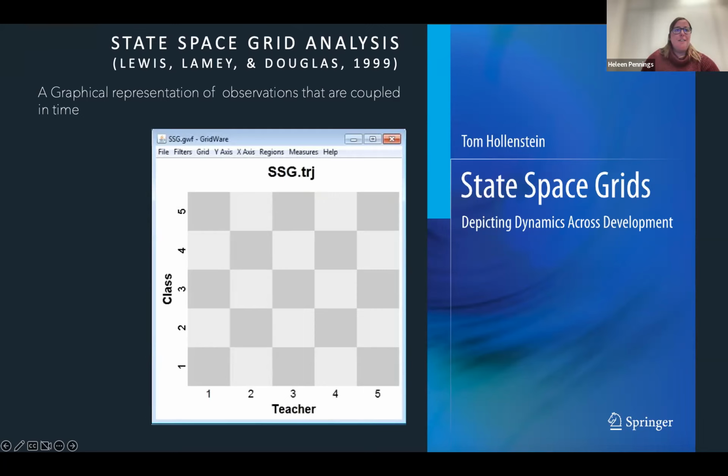I have a small example of a trajectory that's moving through the state space grid here. Often the opaque node is used as the start of the interaction, so that if you look at state space grids, you will know that's the starting point. From there, I need to follow the lines so that I know how the trajectory was going. This is a really small example, so it's easy to see. This is not always the case, as you will see later on in the presentation.